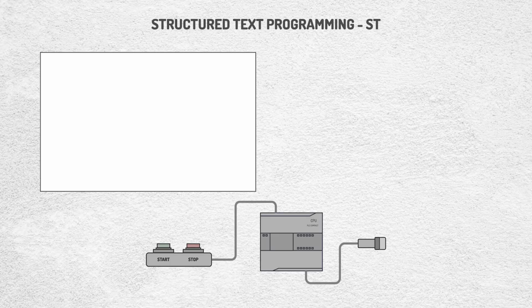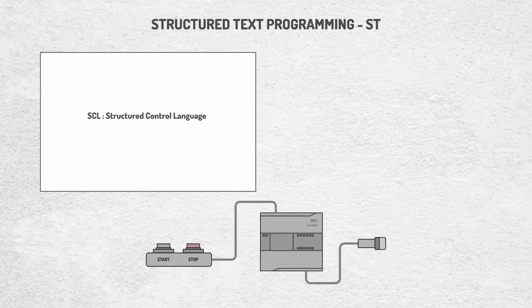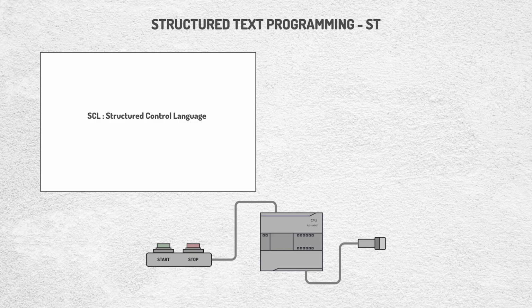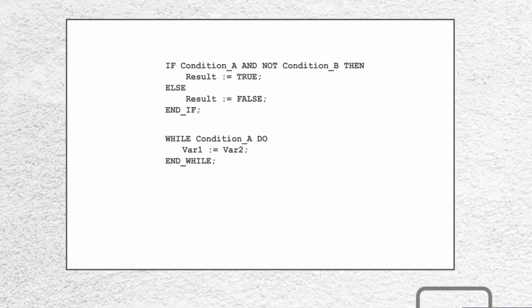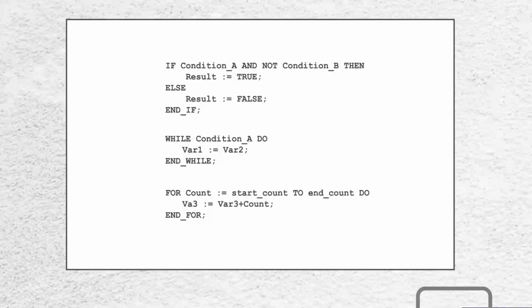Now we will implement our example in another programming language, SCL. The SCL, Structured Control Language, is Siemens' version of the structured text language defined in the IEC 61131-3 standard, which standardizes the programming languages used in programmable logic controllers. This language is based on the structure of high-level languages such as Pascal, so its syntax is closer to conventional computer programming. Unlike the function block diagram, which is based on gate logic and uses a graphical approach,